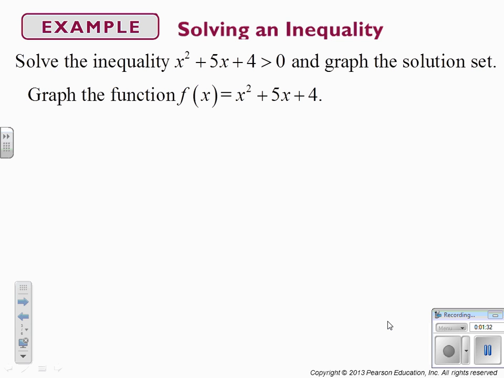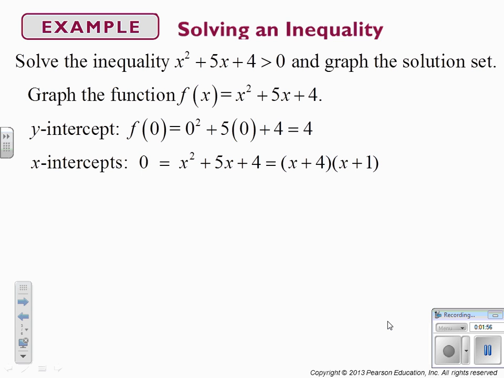We can factor it into x plus 1 and x plus 4, so I know that my intercepts are at -1 and -4, and that the y-intercept is at 4. So if you plot those points on a graph,